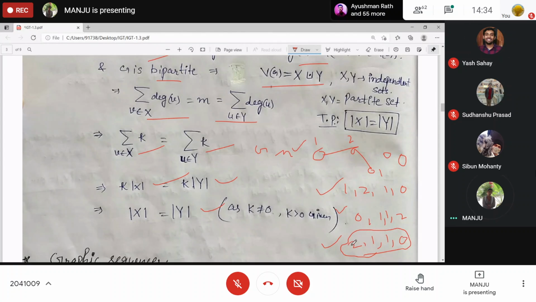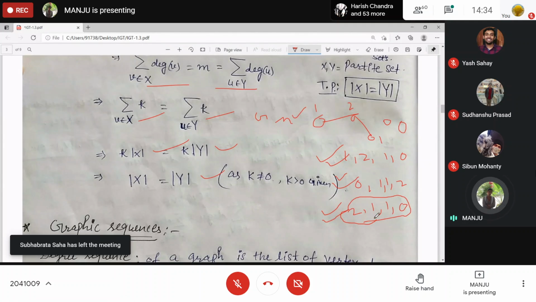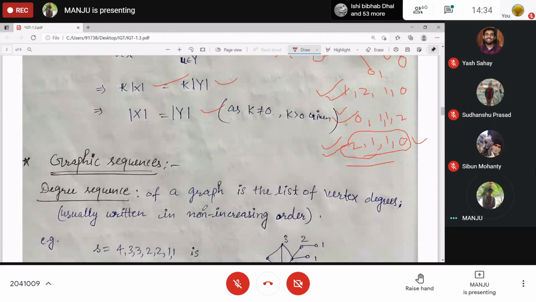So this is known as your degree sequence. We can write it in the first or second format or this format, but we generally write in non-increasing order, which we prefer. The list of all the vertex degrees is known as the degree sequence. I'll come to the graphic sequence later. First, it's the degree sequence.